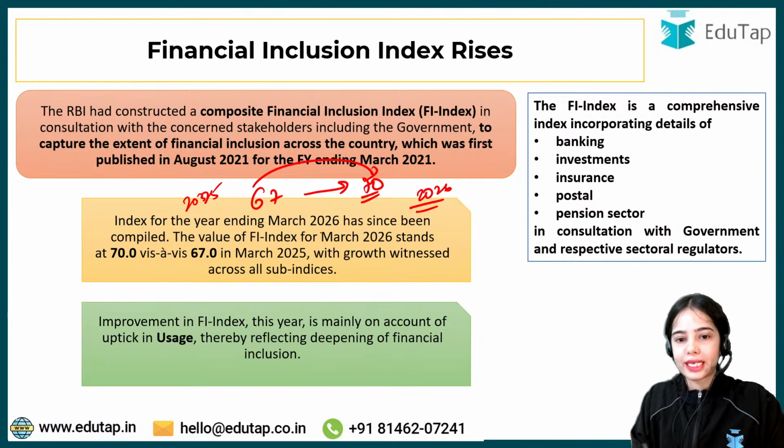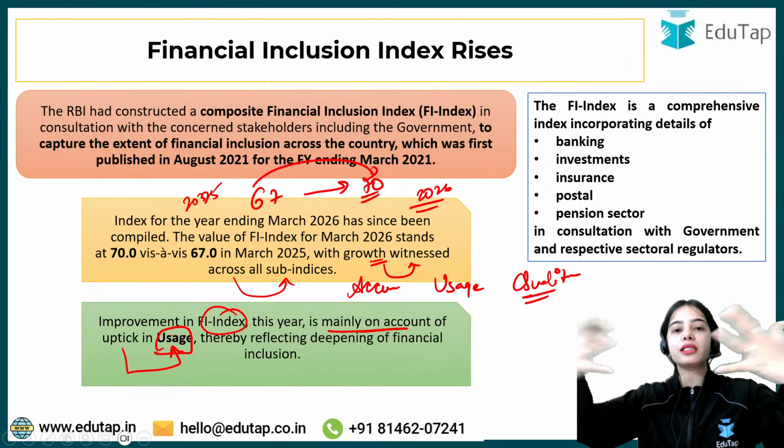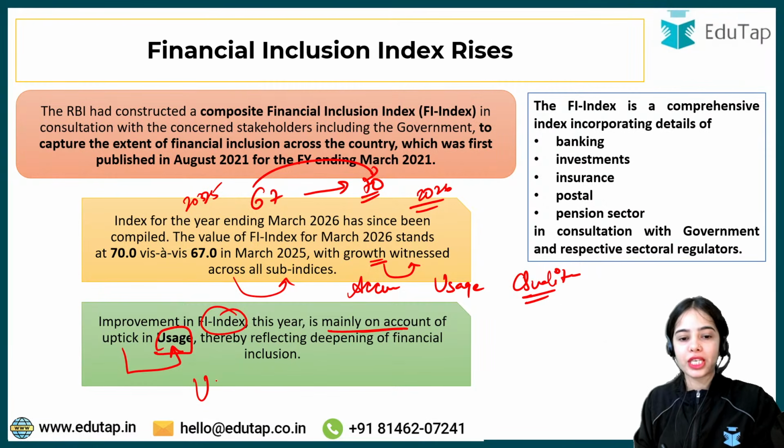How has this improvement happened? The improvement is because of growth that is witnessed across all sub-indices. That means there is growth in access, there is growth in usage, there is growth in quality also. But the improvement in the financial inclusion index in March 2026 is mainly on account of the uptake in usage. That means the greatest improvement is in the usage category,